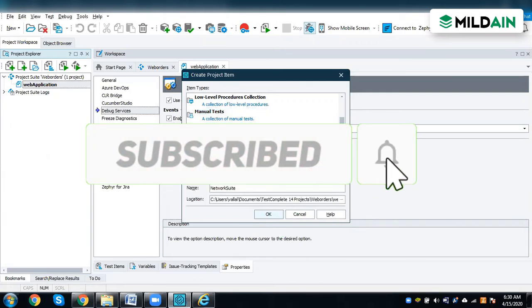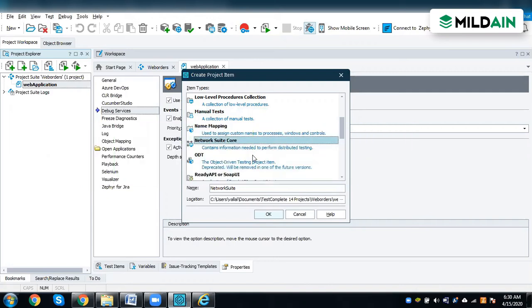Network suite is something like when you want to do a distribution test and you have a master machine and slave machines, and you configure it, and then from the master machine you can split your test cases and run them on multiple machines. Assuming I have 1000 test cases, and if I run them on one machine it is going to take me 10 hours. So what we do is distribution testing.